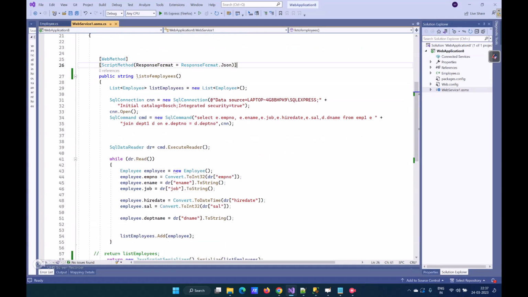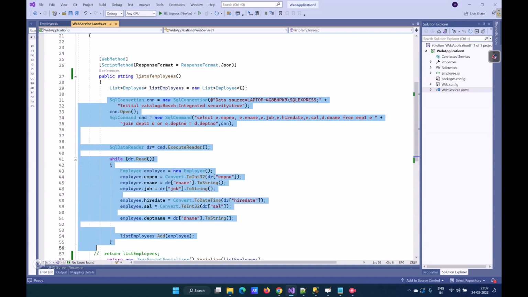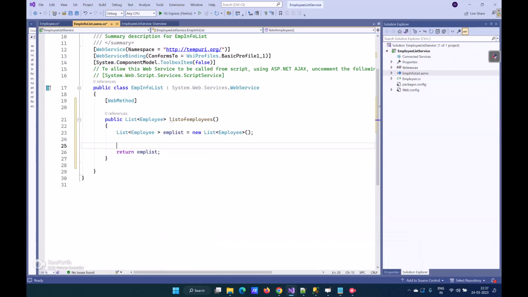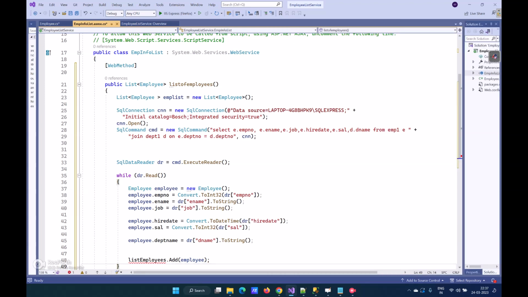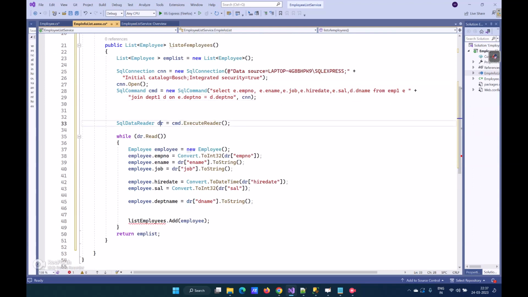So I will copy it from here, which I was doing this morning. From here I can copy the code, the SQL connection code. This much code I am copying from the database. So here I pasted the code. This is my server name, and this is the integrated security, the same command which is there in the database. I just copied the database command, same to same,